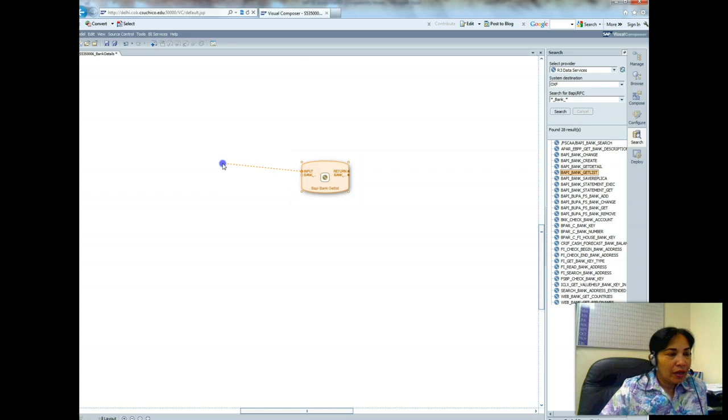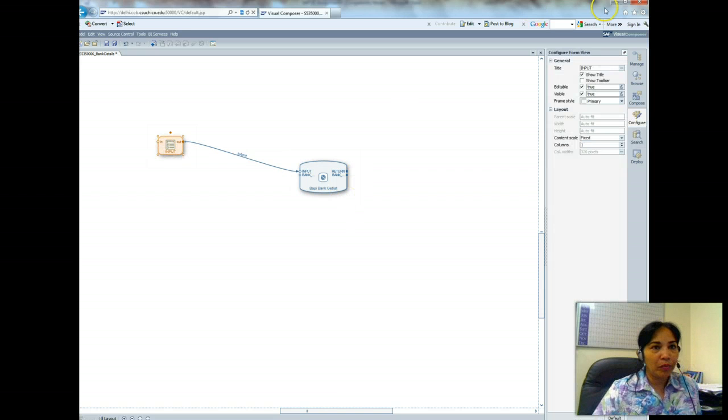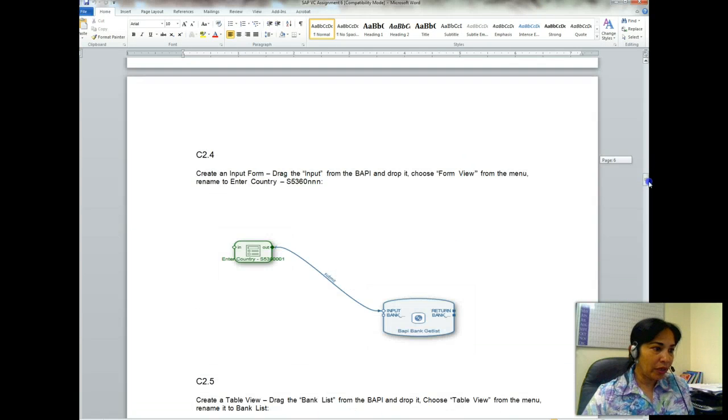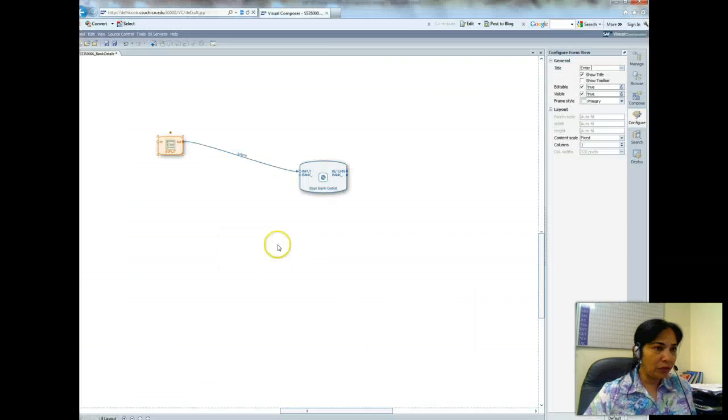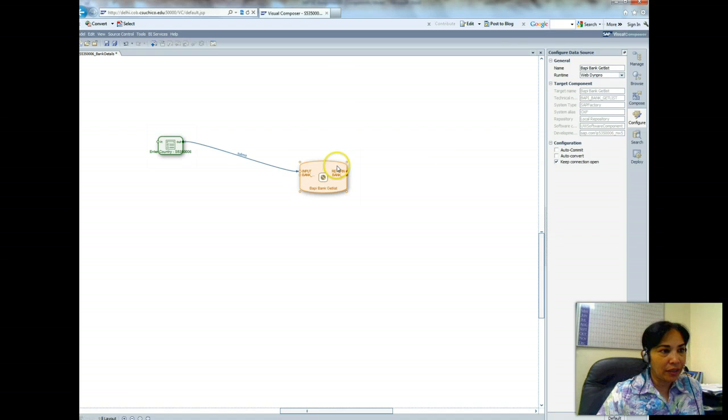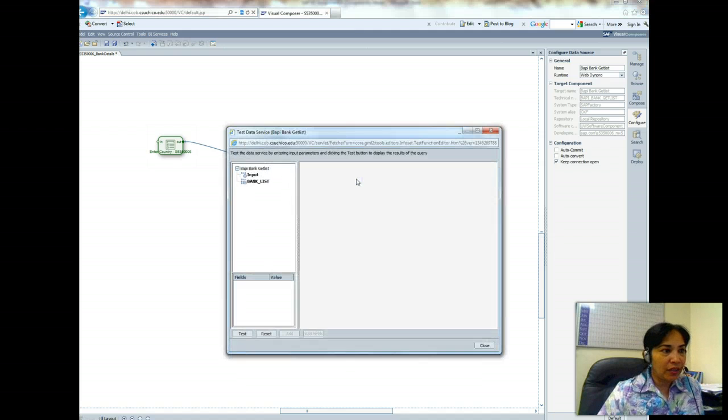Now from here I go and I click on the form view, and then I name input as enter. What do I name input as? Before that I have to check. Okay, enter country and dash and this. So I have to do enter country dash, and then I name it as 5350-006 for me. Okay, before that I have to just right click and I have to test for data services,